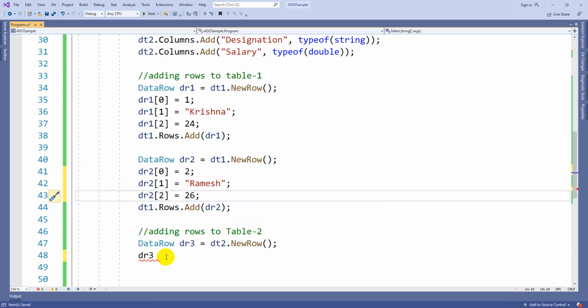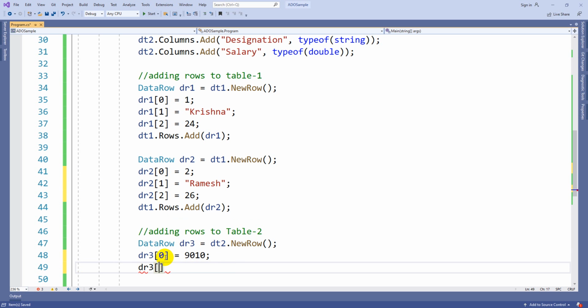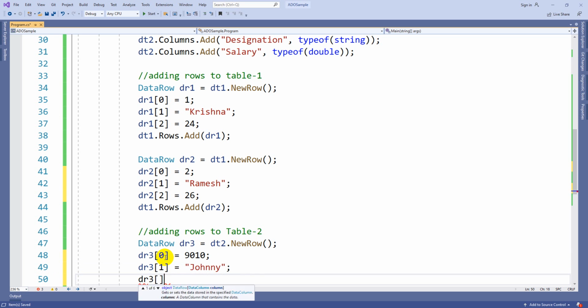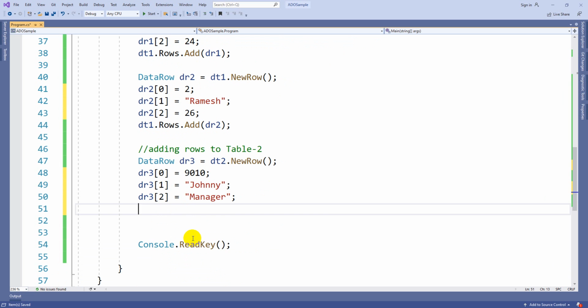Yeah. So now dr3 of 0, that is id, dr3 of 1 name, dr3 of 2 designation, dr3 of 3, that is the fourth one, called salary.